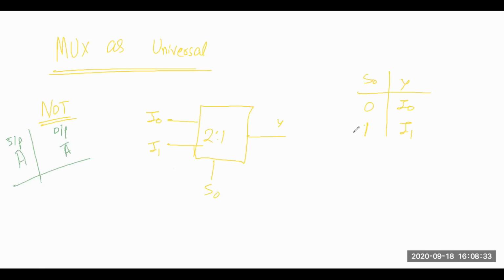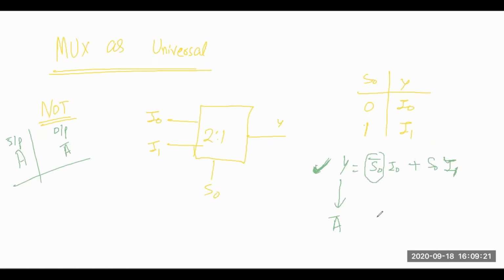So basically, you need to realize this NOT gate by using this 2 is to 1 multiplexer. If I write the expression for this one, it is y equal to s0 bar into I0 plus s0 into I1. By seeing this expression, you need to think about what you will do so that at this place of y you will get A bar, and you need to give A somewhere here on the RHS side.